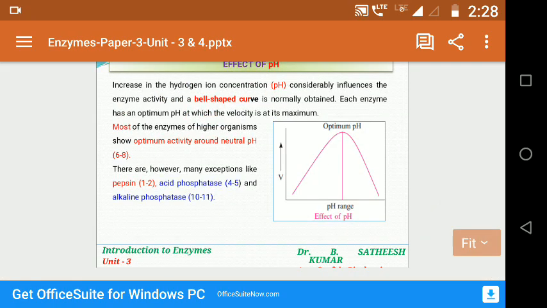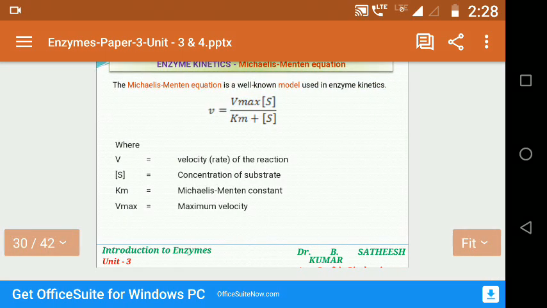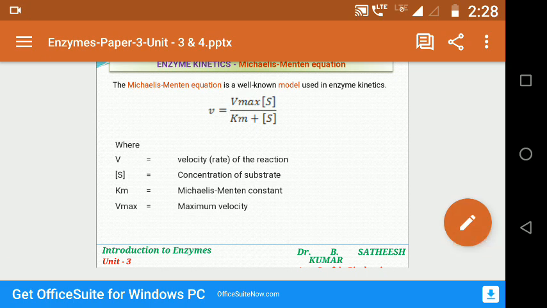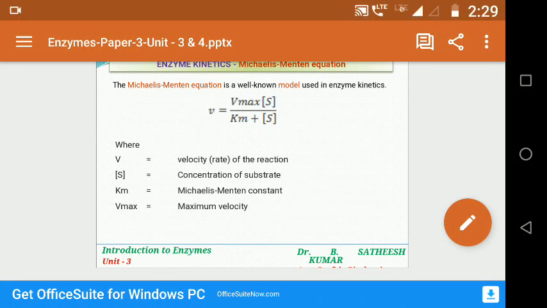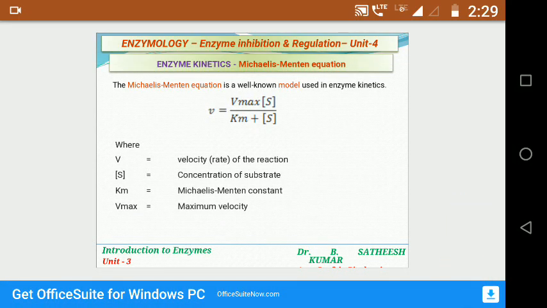So this way, these four different factors, those are substrate concentration, enzyme concentration, temperature and pH. These four are very important factors that affect the activity of the enzymes. So with this we have finished the third unit, and